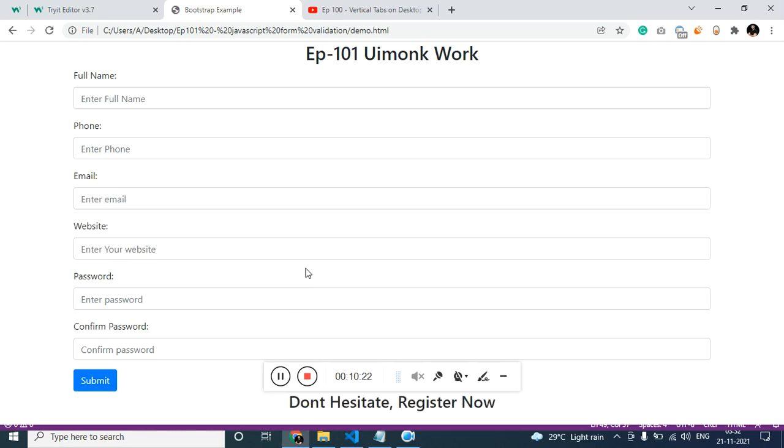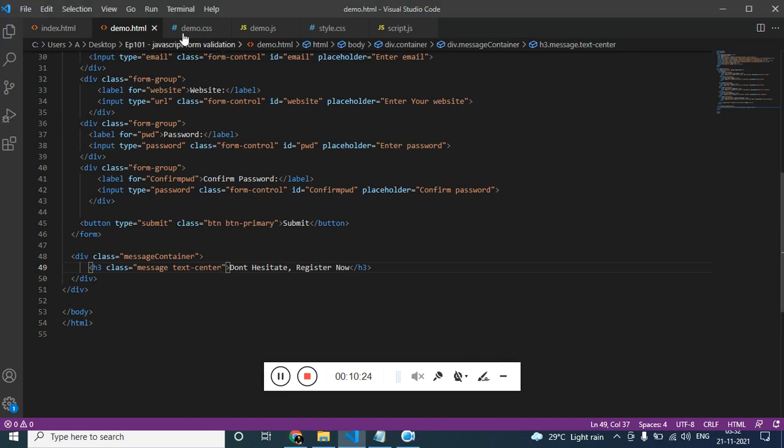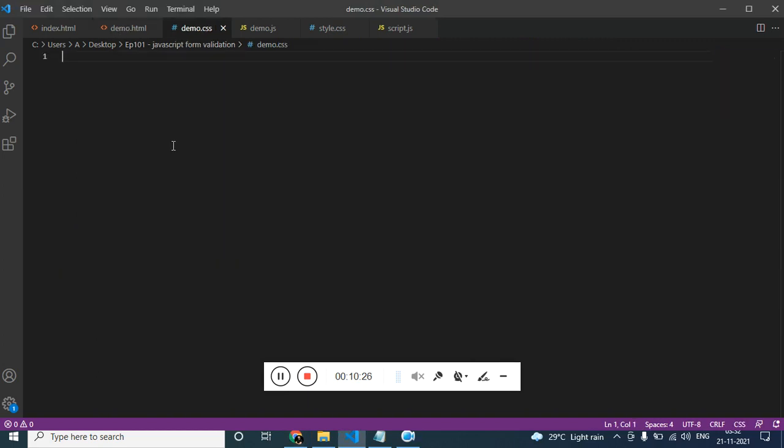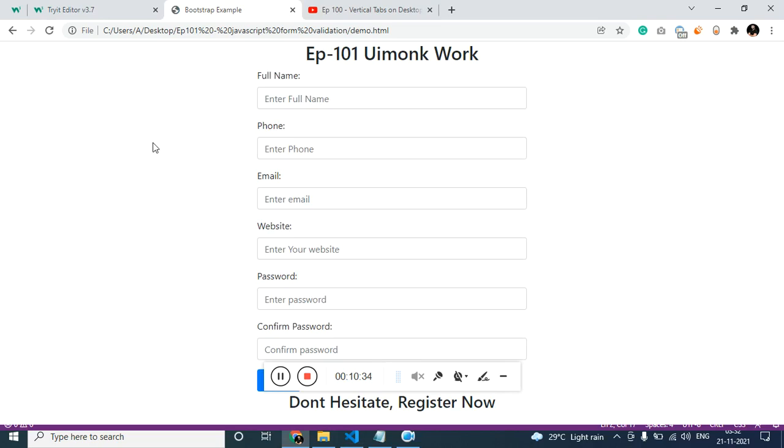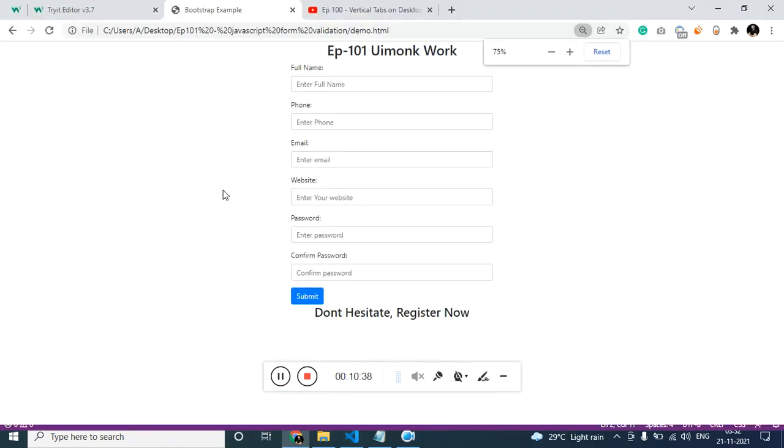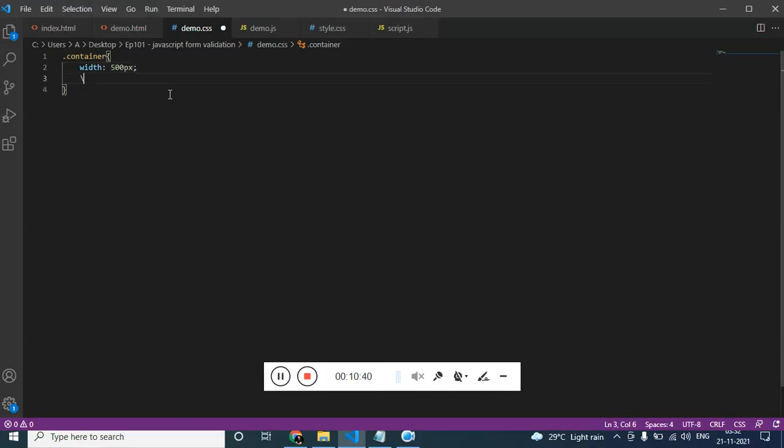Cool. Now let's work on the CSS. For the container, let's add the width of 500 pixels. Let me just zoom out, and let's add the background color.